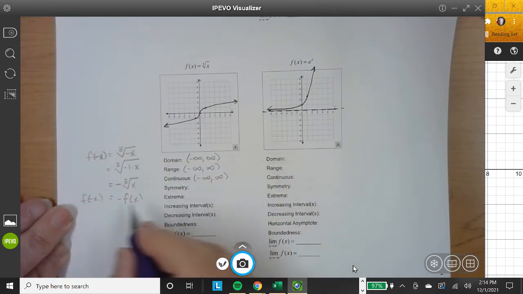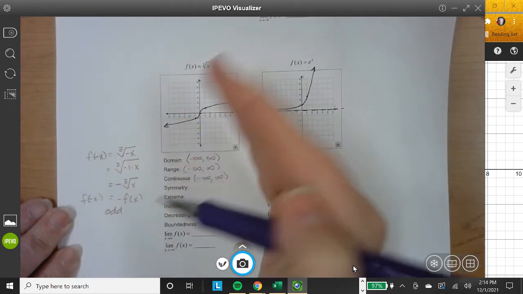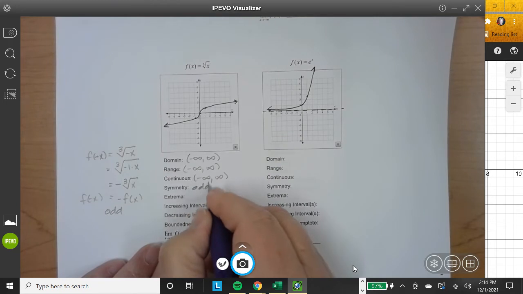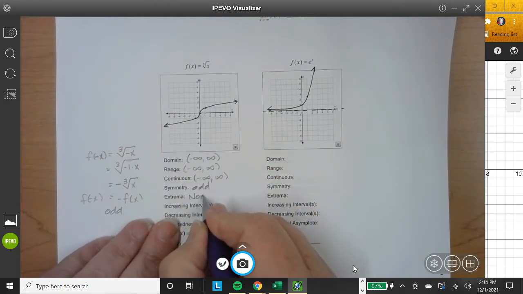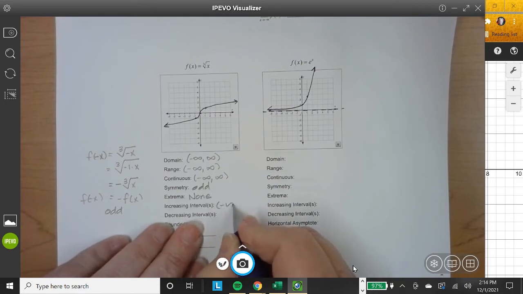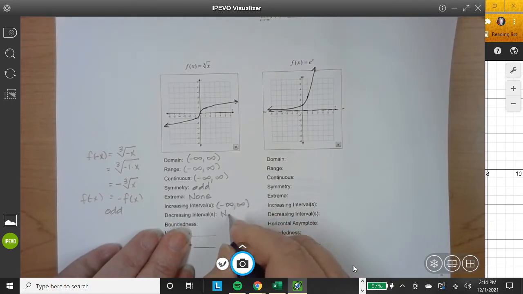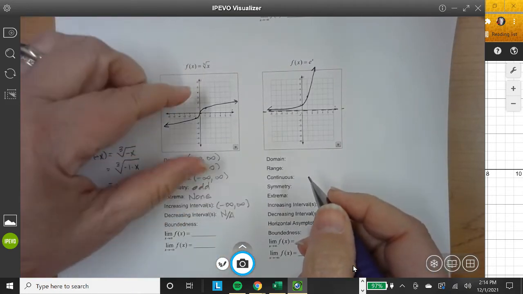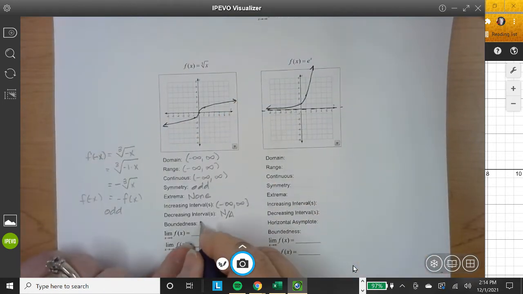f of negative x equals negative f of x, so we know that this is odd. And if you look at the picture, it does look symmetric with the origin. So this one is odd. The extrema: this has no extrema. This is also increasing for all values of x and never decreasing, so that's not applicable. The boundedness: are the y's bounded? No, well, it's going to go to infinity, but it's going to get there very slowly. So this is not bounded